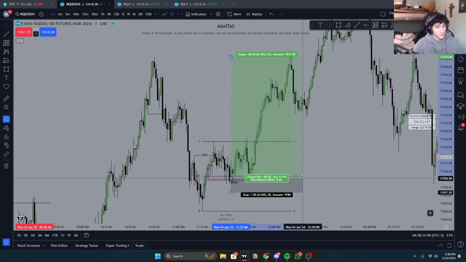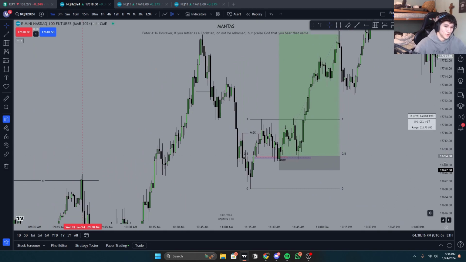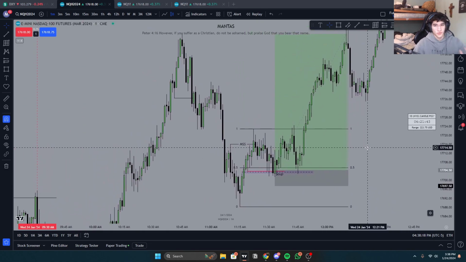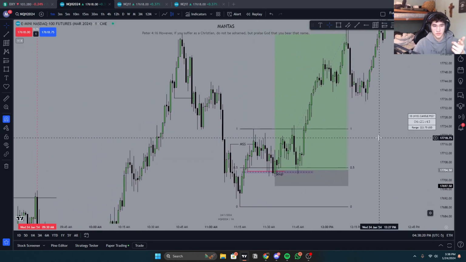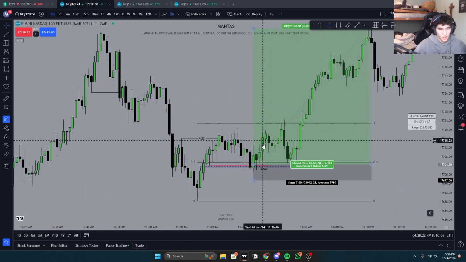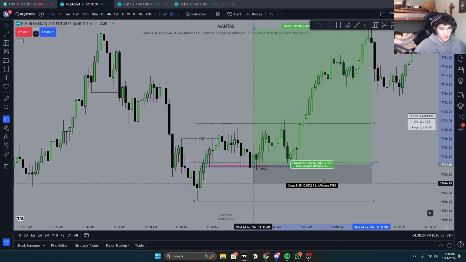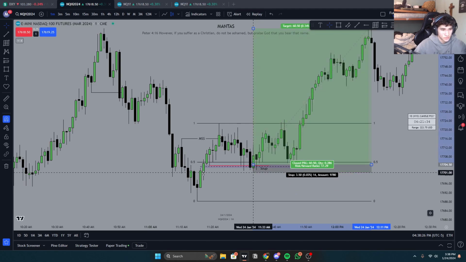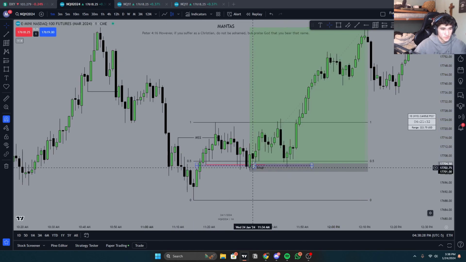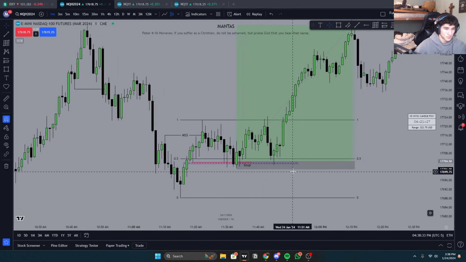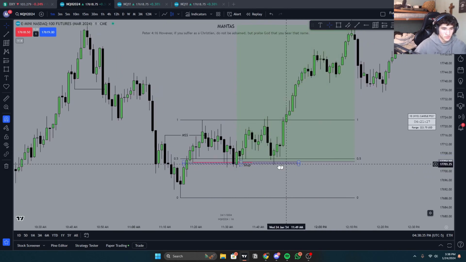360 handles. I didn't close out of this. I actually held on to it because I told myself I wasn't gonna move it. But for you guys, I don't want people to take my signals to take losses. So when we were right about here, I went to, what was it? I went to this candle open right here. We tapped into it, played around in it a bit. We didn't get stopped out, and when it went, stops to break even, this is where we got taken out